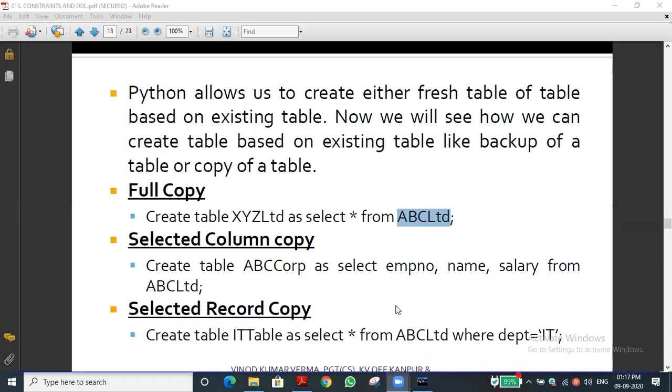How to write the query? Where department equal to IT, and we have to use the logical operator, and salary equal to, we have to give the constraint. That is, constraint means we have to set the condition. Salary equal to 20,000 or greater than 20,000 or less than 20,000. Whatever thing we can give it.